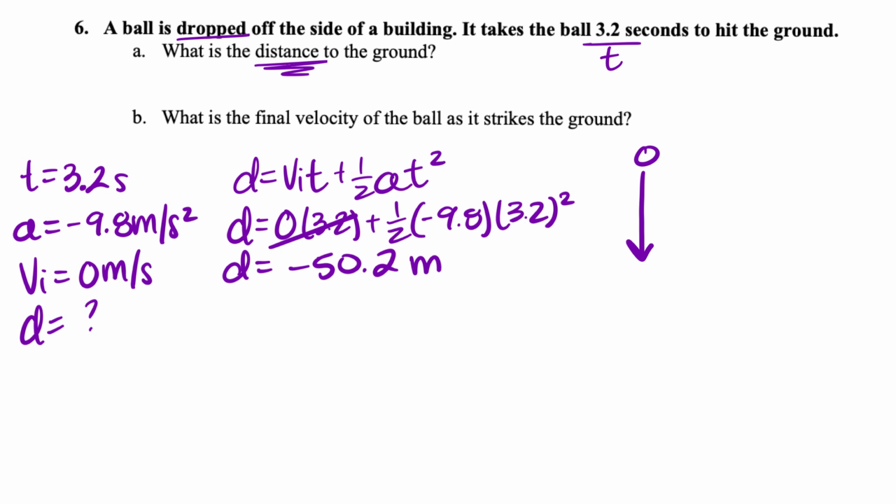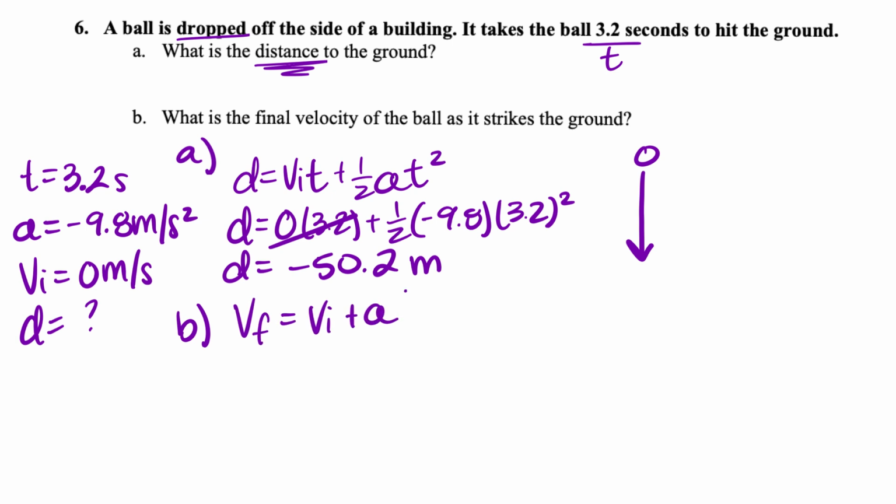If I asked and said what the height of the building was, then we would make this a positive 52, because when we're talking about the height of something, it's going to be a positive number. But that is the answer for part A. Now for part B, we can use that information if we needed to. And we want to know the final velocity, but I'm actually not going to use the distance in the formula I'm going to pick. I'm just going to pick the easy one of my final velocity equals my initial velocity